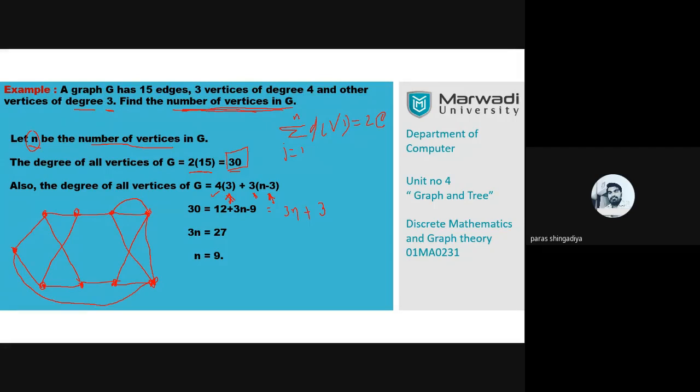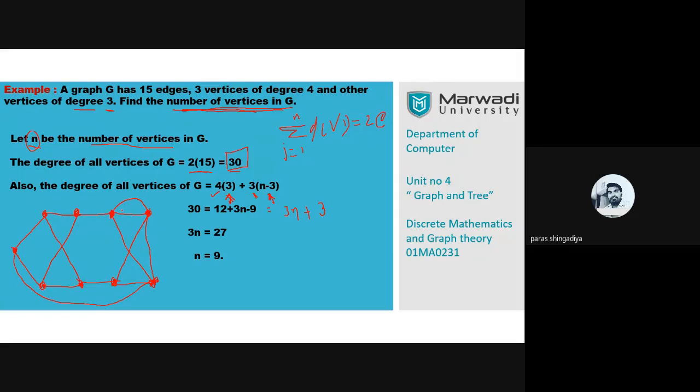It is not the one exact solution. There are lots of possible answers available. That is one situation of this. Now you can check that there are 6 vertices with degree 3. So it is 1 vertex, 2, 3, 4, 5 and 6. These 6 vertices have degree 3, and the remaining 3 are this vertex and this vertex. What is their degree? It is 4. 1 2 3 4, that is 1 2 3 4 and that is 1 2 3 4.